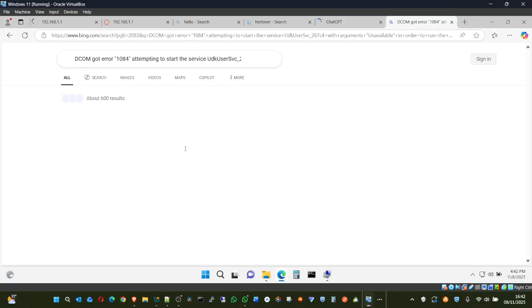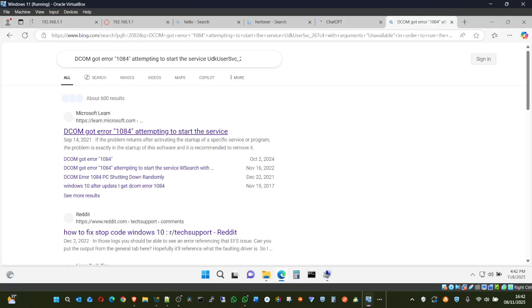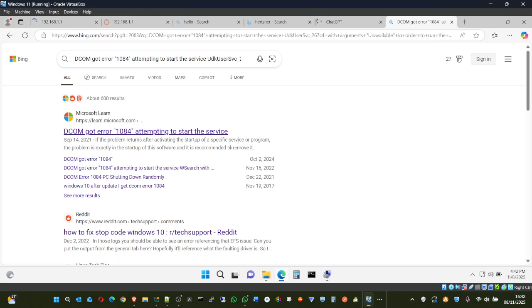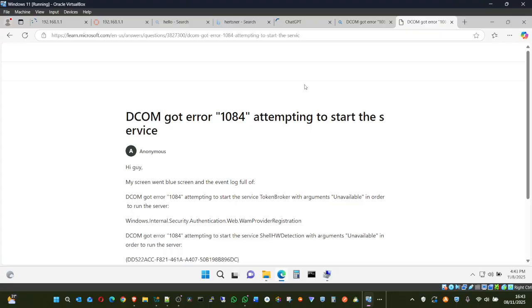Because the system is running slowly, it may not load quickly. So you can now see what you get from it. It's saying that when attempting to start the service, blah blah blah. Let me read more. So this is how we troubleshoot, and you see what the problem is with an application or what is going on silently.